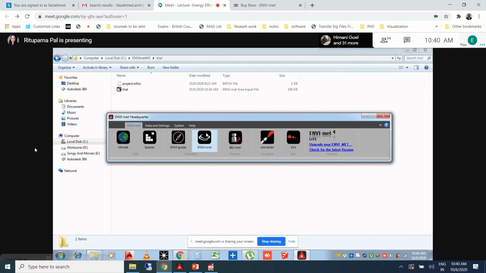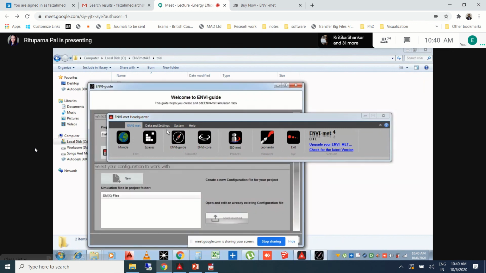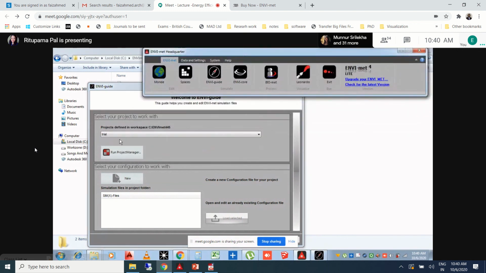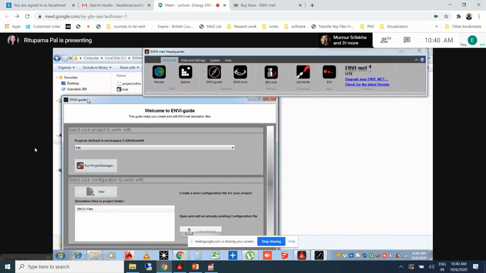Okay, now we go back to the NV guide. From this NV implement headquarter, we find that NV guide which we had initially clicked on for the simulation settings. You remember this particular page?